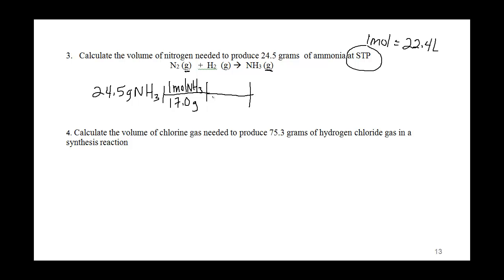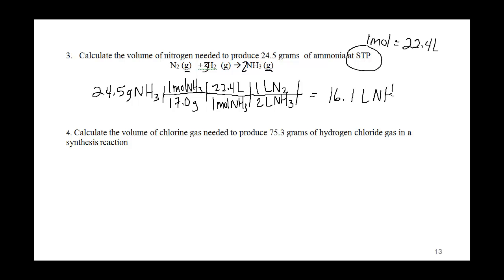Let's go to volume. So that means I would say 1 mole of NH3 is 22.4 liters. And then what would I do? I would say, oh wow, I didn't balance it. So now I'm going back up and I need to balance it. What is this saying? This is NH3, so for every 2 liters of NH3, I need 1 liter of nitrogen. So 24.5 divided by 17 times 22.4 divided by 2, and with 3 significant figures, I would get 16.1 liters